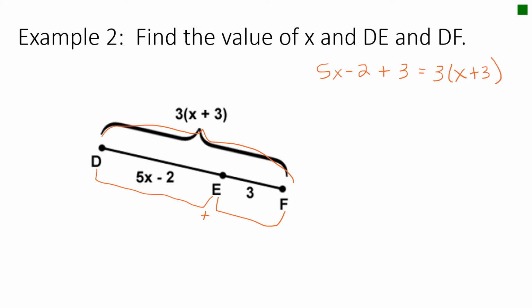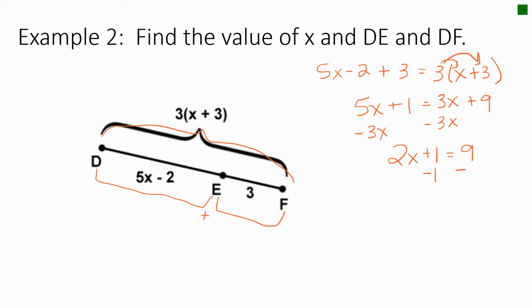On the left-hand side, I'm going to combine like terms. I get 5x plus 1 equals, what do I got to do on that right-hand side? I should probably distribute. So I get 3x plus 9. Again, using your algebra, if I take it to the other side of the equal sign, I've got to do the inverse operation. 2x plus 1 equals 9. Subtract 1, subtract 1. 2x equals 8. X should equal